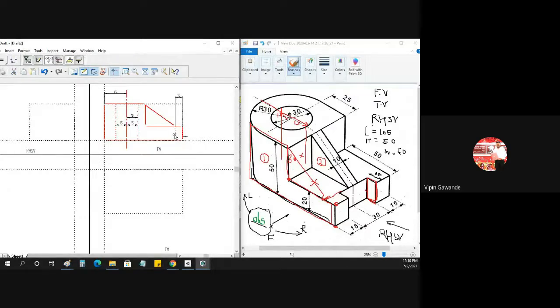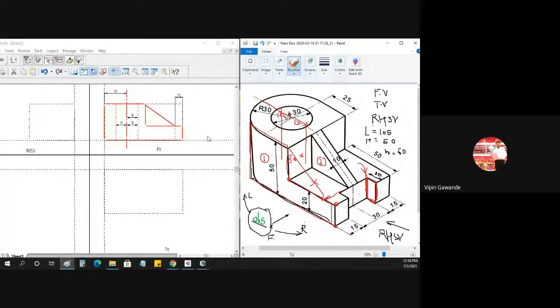So this vertical line, which line? This vertical line here. If you refer to this one, this vertical line, and the remaining three lines, they come on the boundary. So don't make boundary lines dotted. Boundary lines are always dark. So only one line is coming inside for this rectangle.